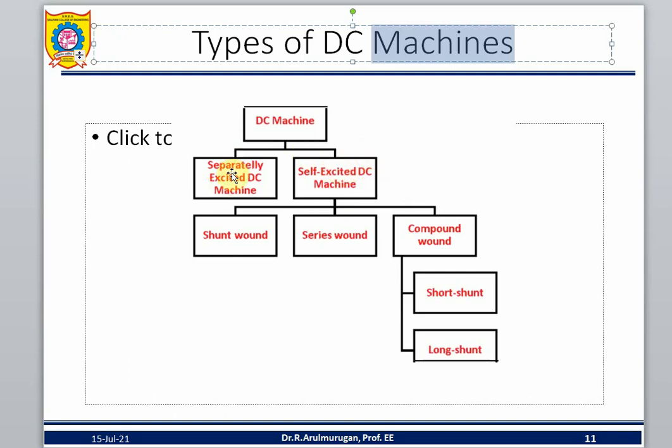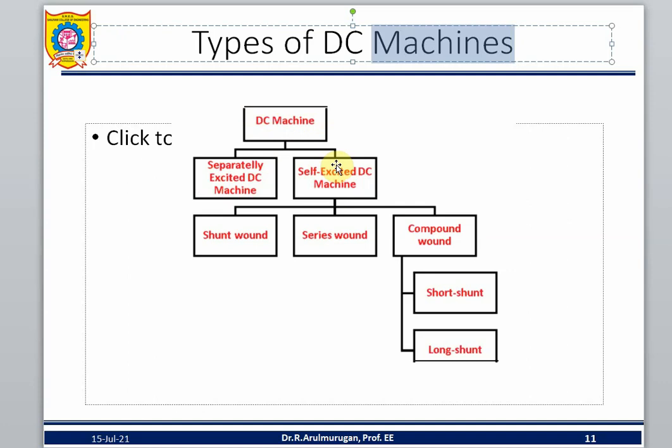Separately excited means the parents say, "It's 6 o'clock, go to your study room and start to study." That is called separately excited. So this is the difference between separately excited and self-excited. Self-excited means no one is telling you; your internal mind tells you it is study time. Separately excited means somebody gives you an external force. So this is the differentiation for DC machines: separately excited or self-excited.